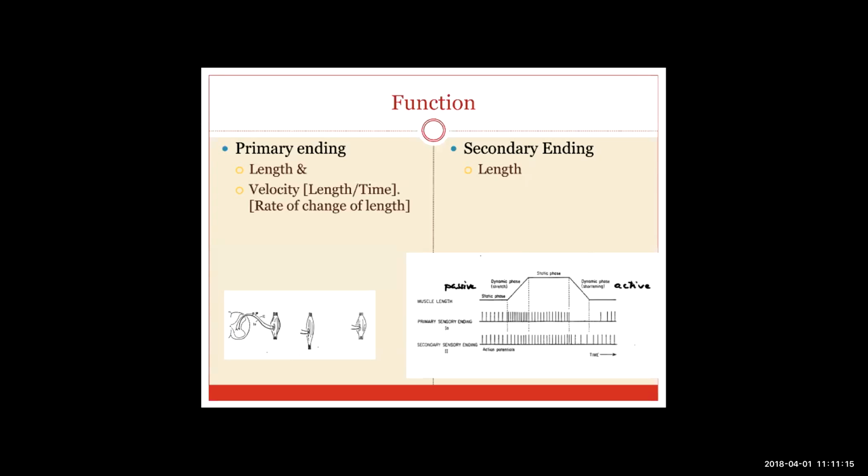On the graph below, you can see that there are two lines which we have shown. The upper one is the primary ending and the lower one is the secondary ending. Okay, right? Now, in contrast to the primary ending, the secondary ending only sends the length information to the brain. Okay, so how is this possible? As we saw before, secondary endings are type 2 neurons. They are slow conducting fibers. So if the impulses are passing very fast, then they cannot conduct. So they cut off impulses.